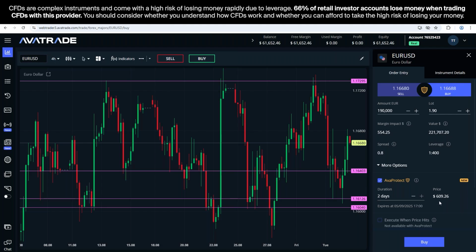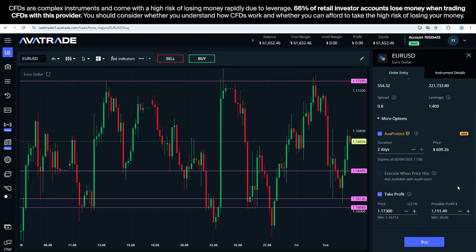Okay, so as long as I make more than $609, I profit overall in this trade. And with almost a 2-lot position, that's not hard to do if this thing gets moving like I think it potentially could. If it goes flying the wrong way, fears hit more that, hey, maybe the tariff situation is going to get worse before it gets better, and the USD strengthens and this comes crashing down, okay, fine. I've kept my risk at 609 for the next couple days. Okay, so good potential for profit without having to take on the uncertainty that maybe it'll hit my stop loss before it gets moving. And my potential profit here is about double what it's costing me for the protection